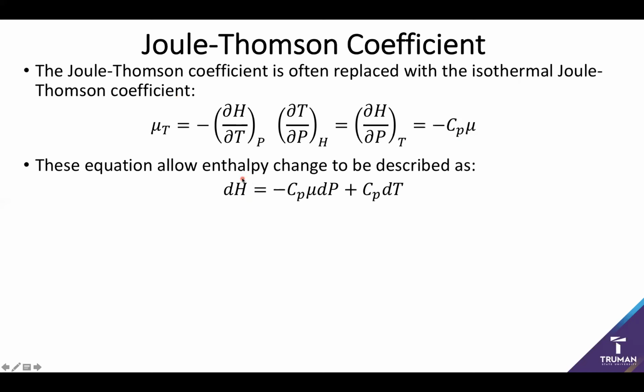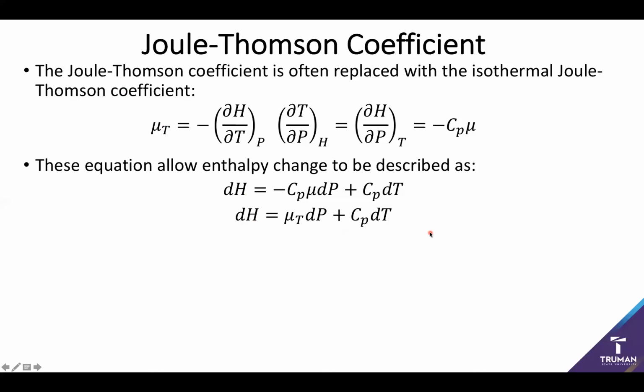So again, using the Joule-Thomson coefficient, I can substitute that in, and we're going to find that enthalpy will change with pressure based on the heat capacity, the isobaric heat capacity, and the Joule-Thomson coefficient, and will vary with temperature just simply based on the isobaric heat capacity. So again, it is worth noting that unlike our internal energy, our heat capacity shows up twice in our more general equation. But again, if you want something to write a little bit more simply, this is where that isothermal Joule-Thomson coefficient pops in, as it helps simplify our general